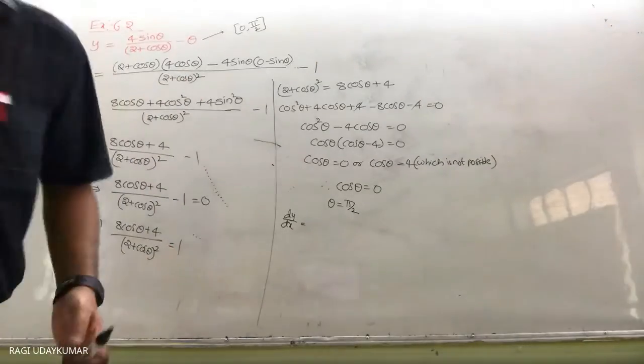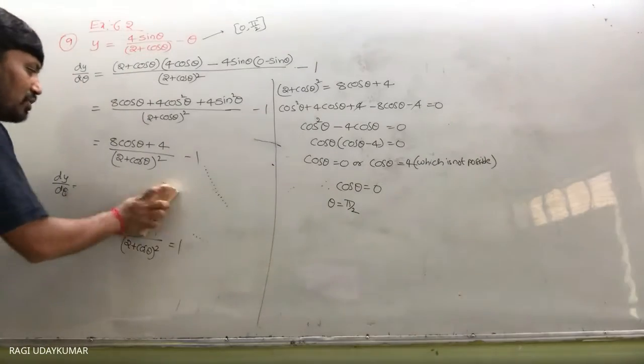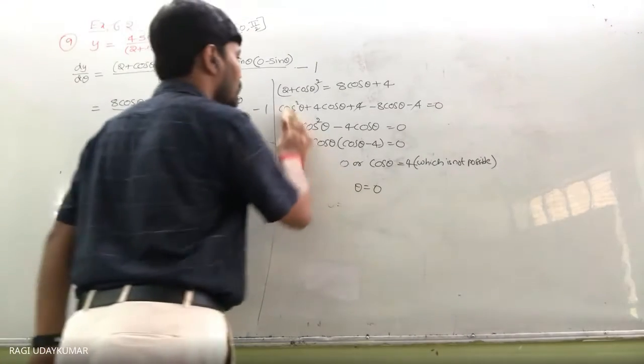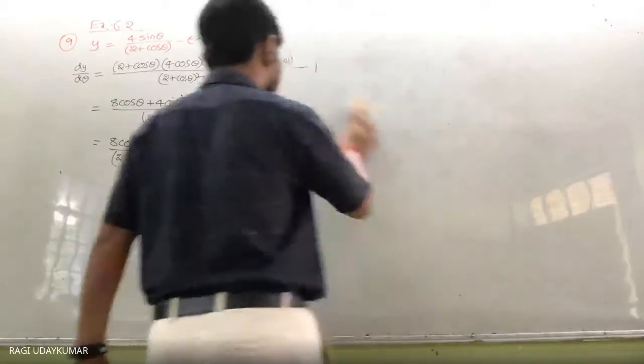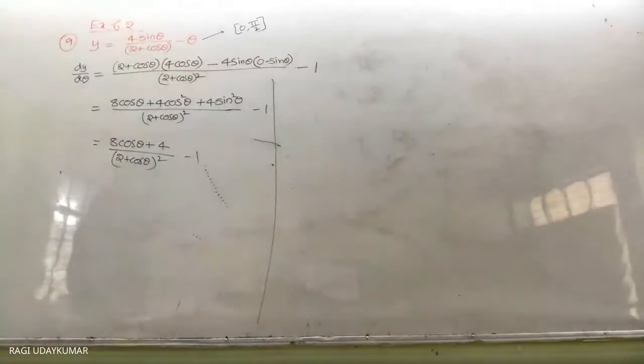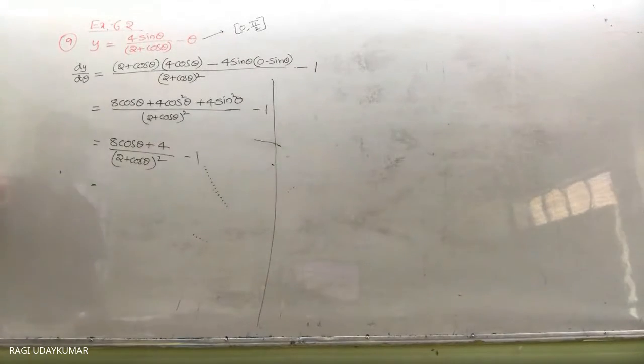Otherwise here I am erasing this part. ऐसे टर्निंग पॉइंट फाइंड आउट कर लिया ना, उसको मैं एरेज कर रहा हूँ. सो नेक्स्ट कंटिन्यू करूंगा हियर, वेदर dy by dx is greater than 0 in 0 to pi by 2 or less than 0 in 0 to pi by 2, वो फाइंड आउट करना. इसको सिंप्लीफाई करो. So what do you get here?